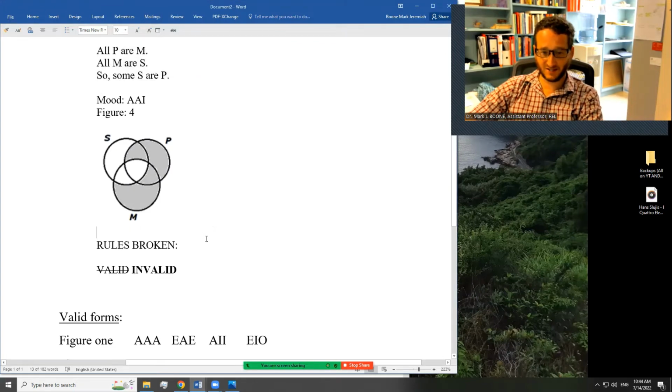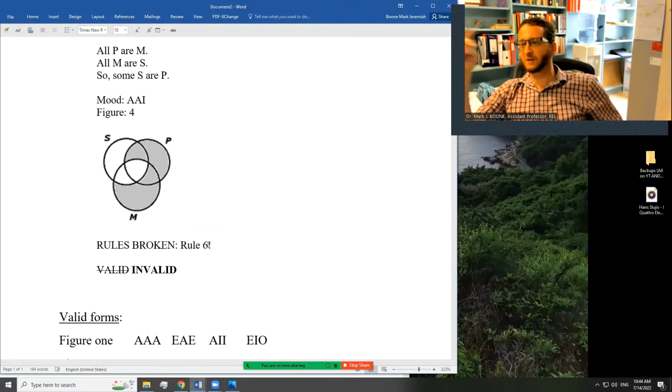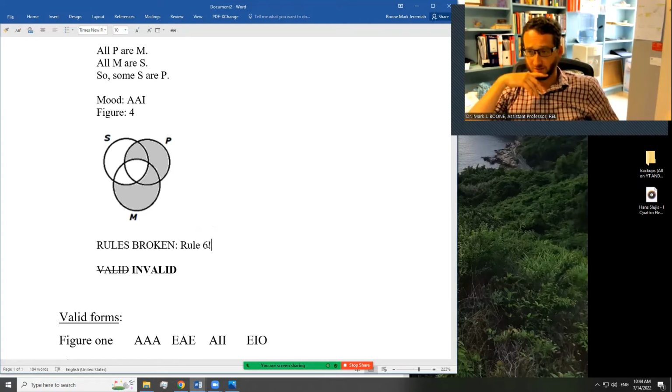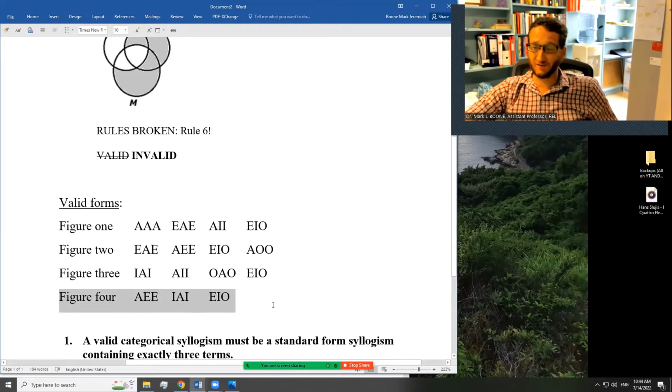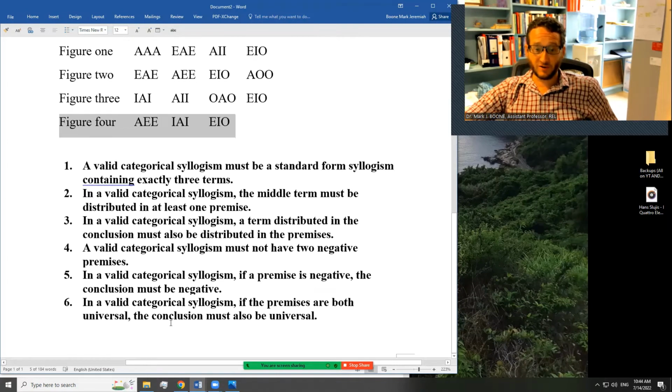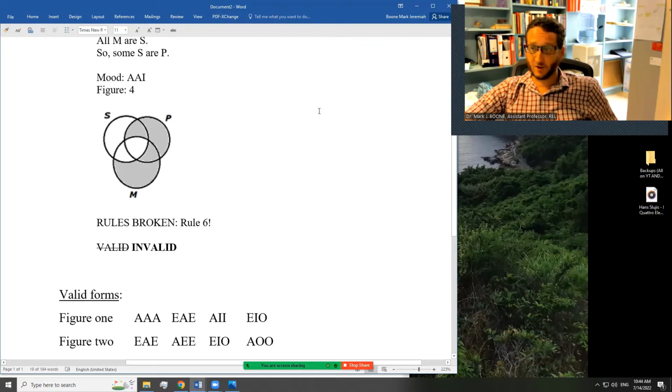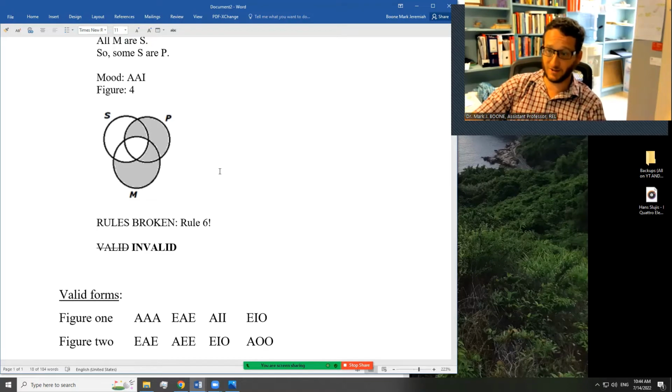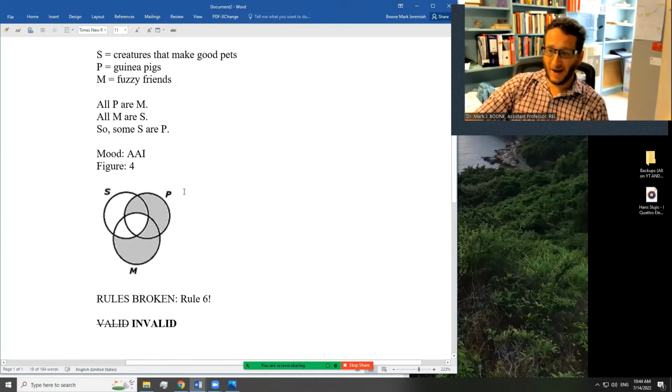It's what we call the existential fallacy. Now, if you were an Aristotelian, you would not necessarily think this argument is invalid. I think you would actually find it valid. And in fact, if you're an Aristotelian, you would actually have AAI listed here in figure 4. You would not have this rule, and your Venn diagramming method would actually have told you to put some X's in somewhere as you were charting things. But since we're not being Aristotelians in this course, at least not since we switched over from briefly doing the Aristotelian approach for the traditional square of opposition and some other immediate inferences,